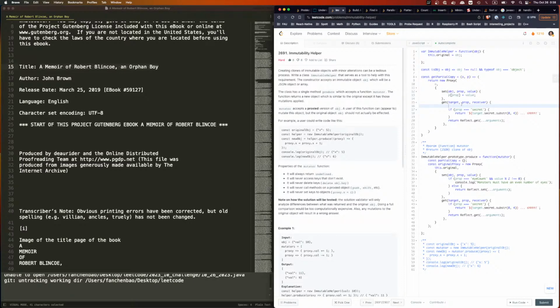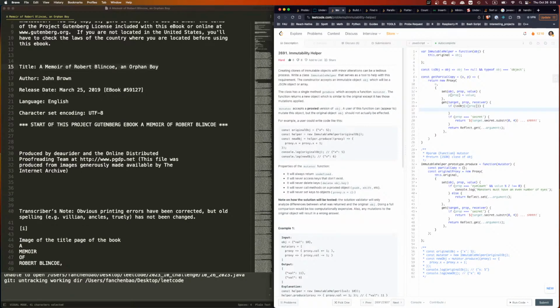Okay. So we say if isObj(o[prop]), if a current is an obj, an object,